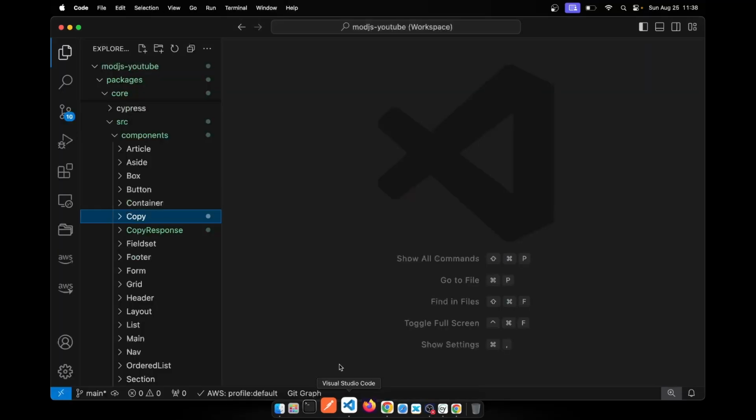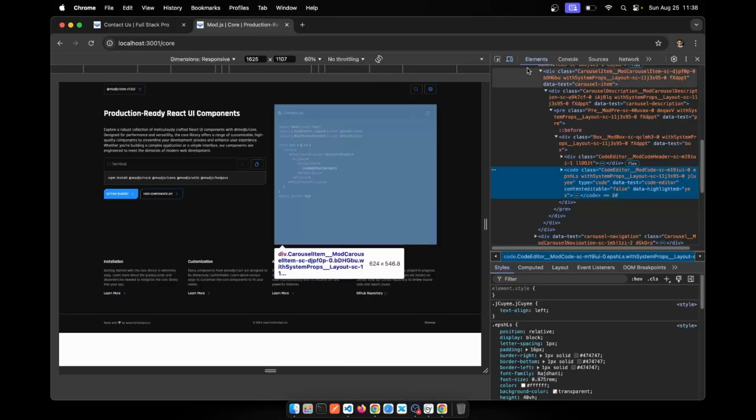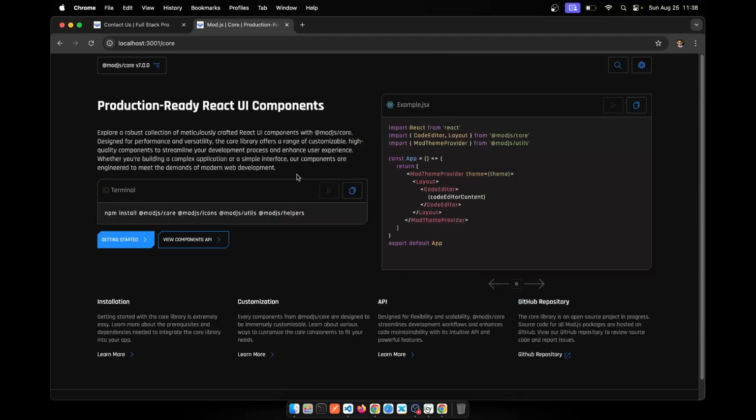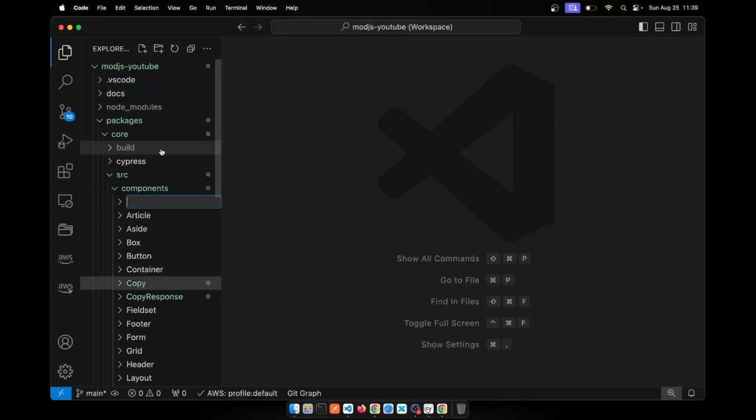So let's build this pre-tag, and this pre-tag is also responsible for providing all these variants that is within this code editor, okay? So there is this variant field, variant outline. This current one is variant field. But we'll need to do that in the pre component. Okay, so I'm going to create this